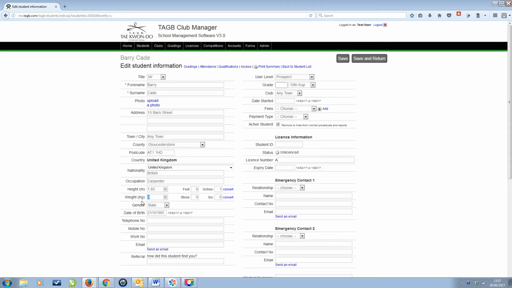Exactly the same with the weight. We can put it in. It does want it in kilos. That's purely for the competition side, but if you happen to have just the information in stones, that's fine, it'll work it out. And as you can see, it does like to be quite accurate. Gender we should already have in. We then want to get onto phone numbers